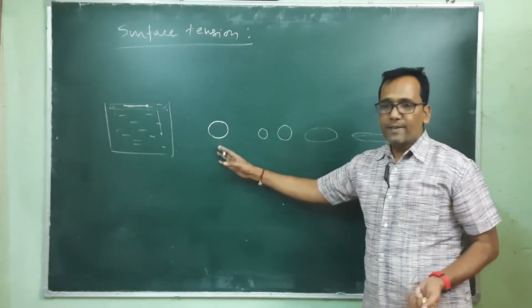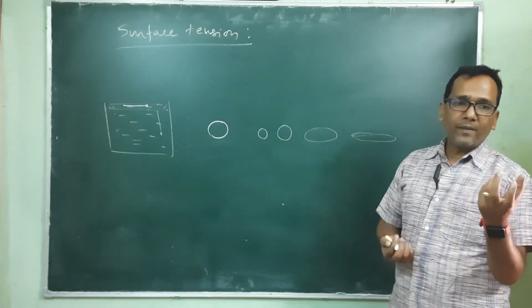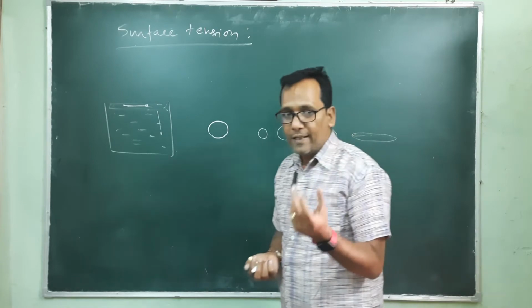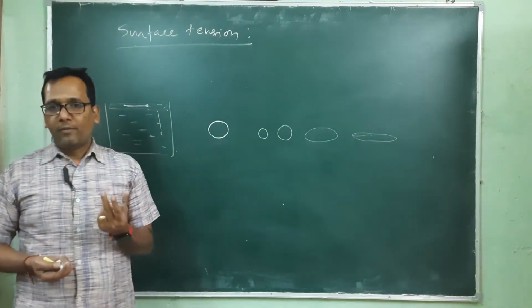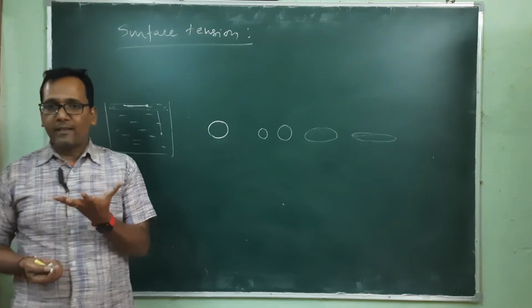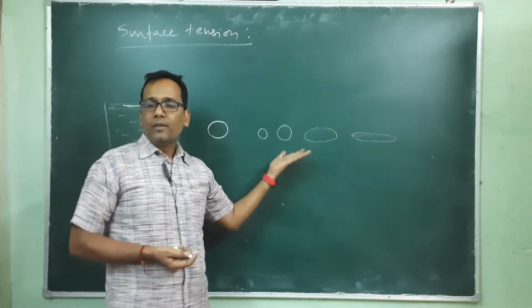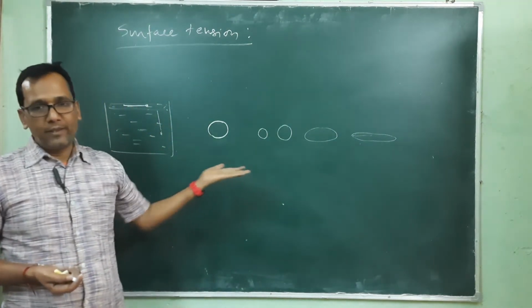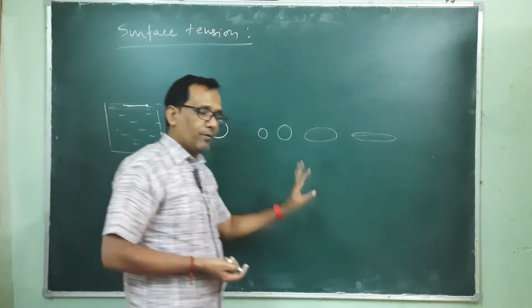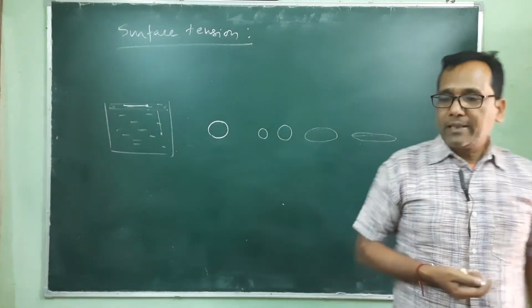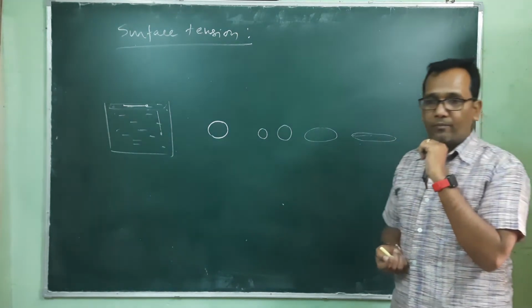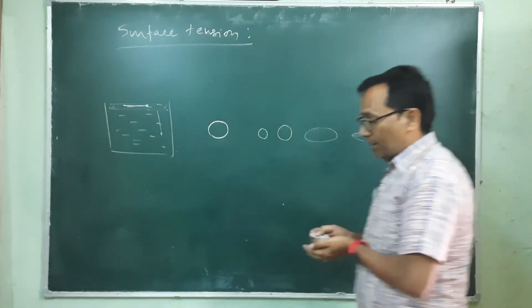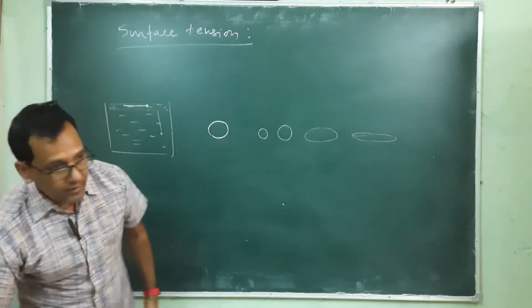The same case is also for water. If the size is sufficiently small, then the shape will be spherical. But if the size is bigger and the effect of gravitational force is more, then the shape is distorted and will change. So all these are because of the one property that is known as surface tension. So let us define mathematically what surface tension actually is.